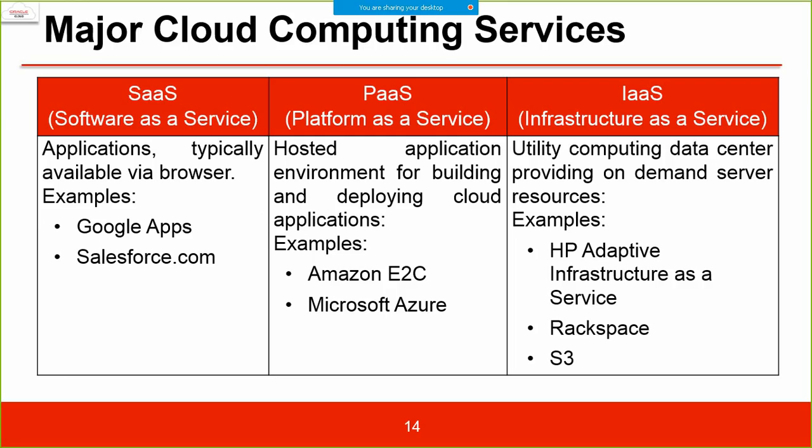So for example, you have to host a website. Obviously you need an Apache server pre-configured and installed, and a MySQL database pre-installed. So you need a platform to host your website. Platform as a service means you will require a lesser level of skills and lesser technical people for deploying it, because the infrastructure is already set up for you. The company providing the cloud services is setting up the environment for you, and they are giving you a ready platform to host your software, right? That is platform as a service.